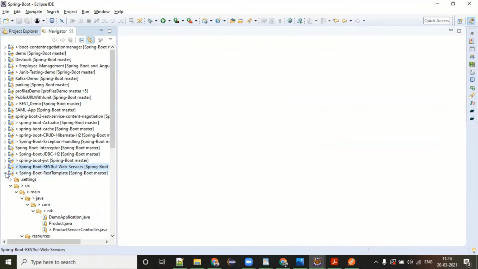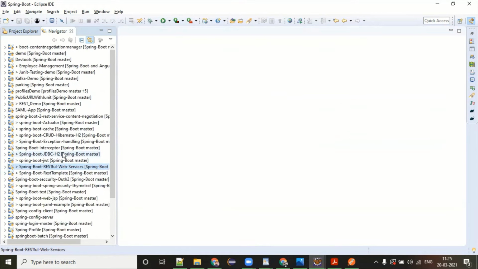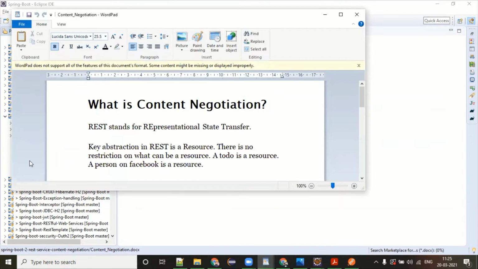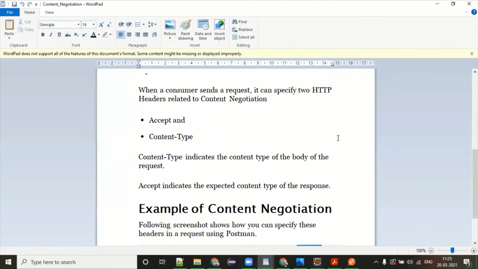Okay, let's move ahead. The next topic we have is content negotiation. Do you know this? Have you heard about it? No. Think about the consumer. You have two kinds of consumer. One is saying, hey, give me the data in XML, and another one is saying, give me the data in JSON. How can you handle that? That is all about content negotiation. And this could end up with HTML also.